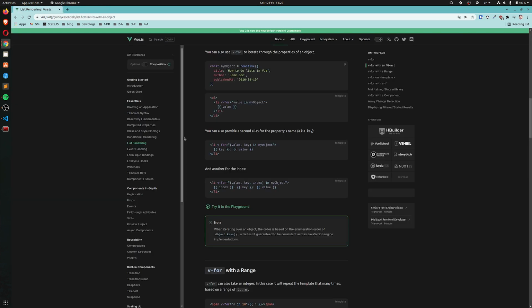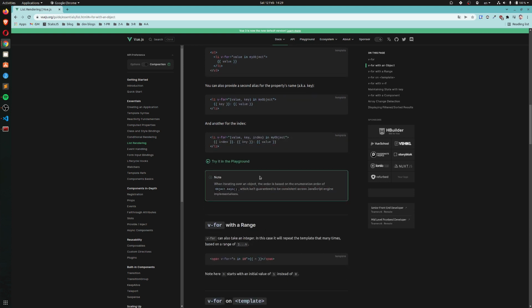We can close this thing, we don't care. Yeah, and then note, when iterating over an object, the order is based on the enumeration order of Object.keys, which isn't guaranteed to be consistent across JavaScript engine implementations. Yeah, that's good to keep in mind, but